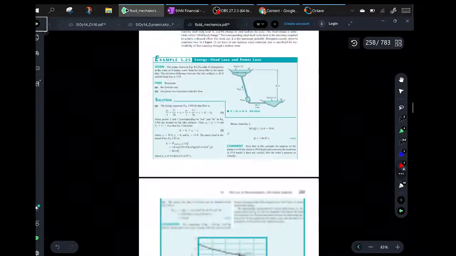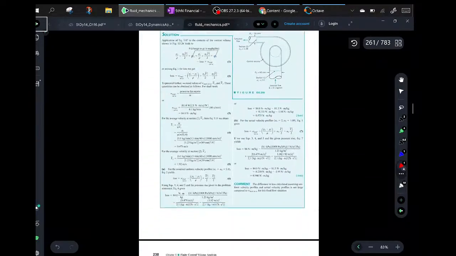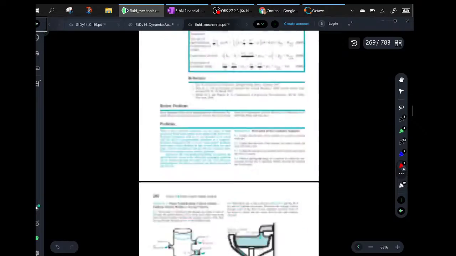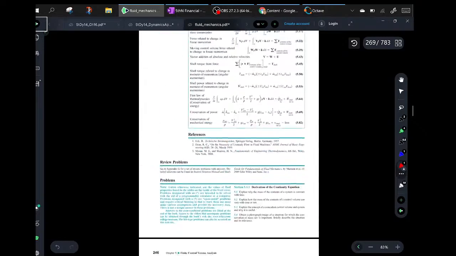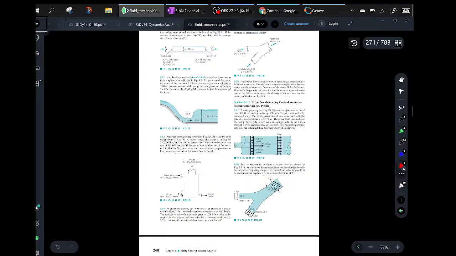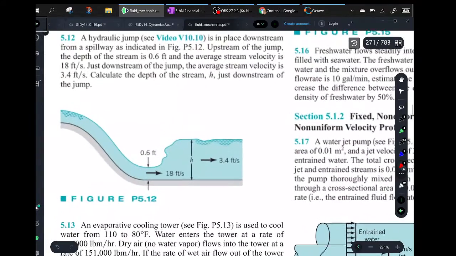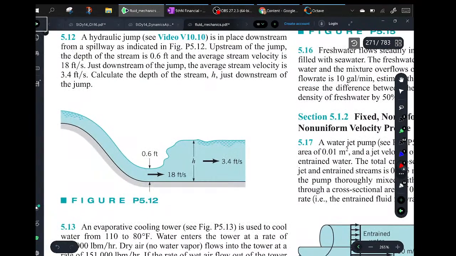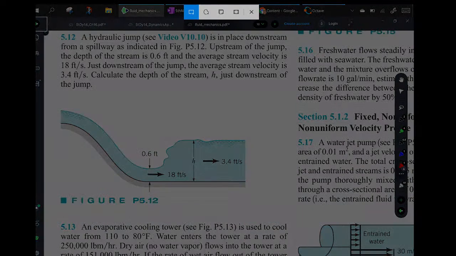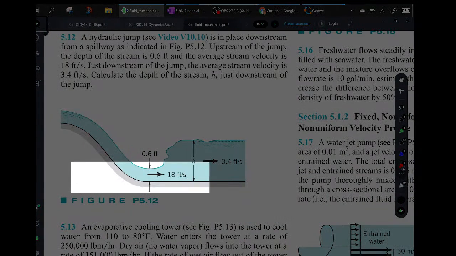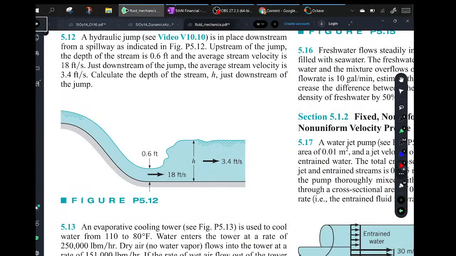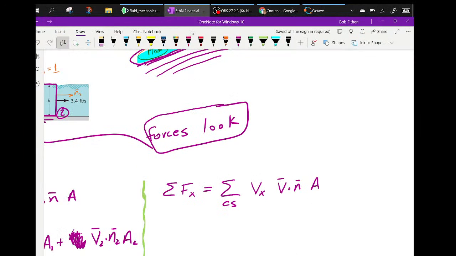I'm going to go back to the problem and take a couple of snapshots of the problem itself. Okay, here's the snapshot I'm going to try to take. Okay, here's my snapshot. I'm going to go over here now,